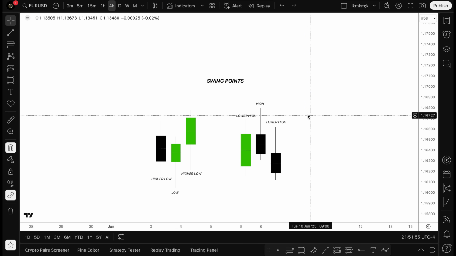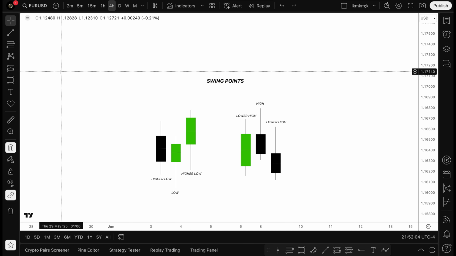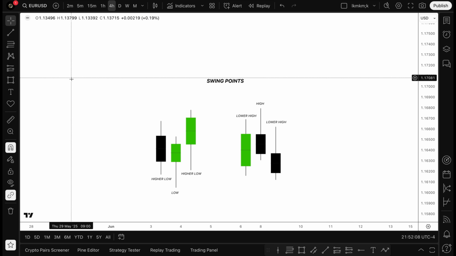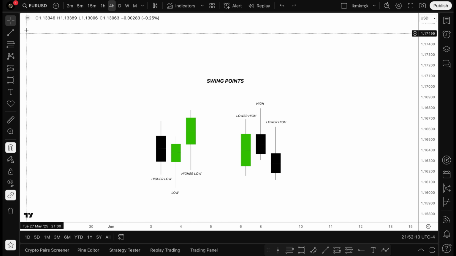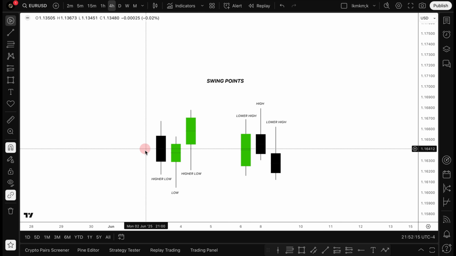So the first thing we're going to talk about are swing points in the market. A swing point is basically an old high and an old low, and how you find those in the market is as follows. So we have a swing low here,